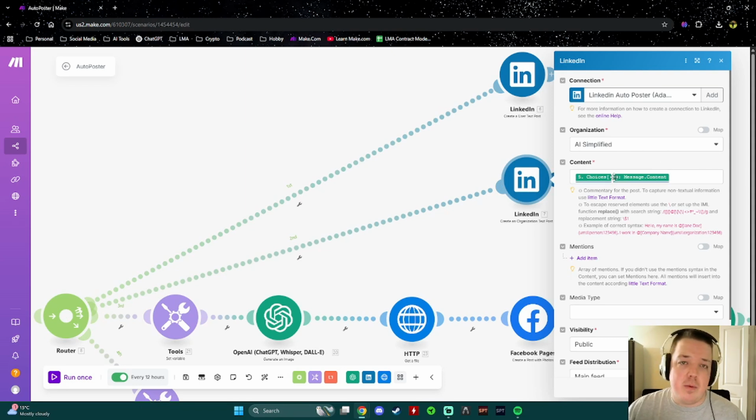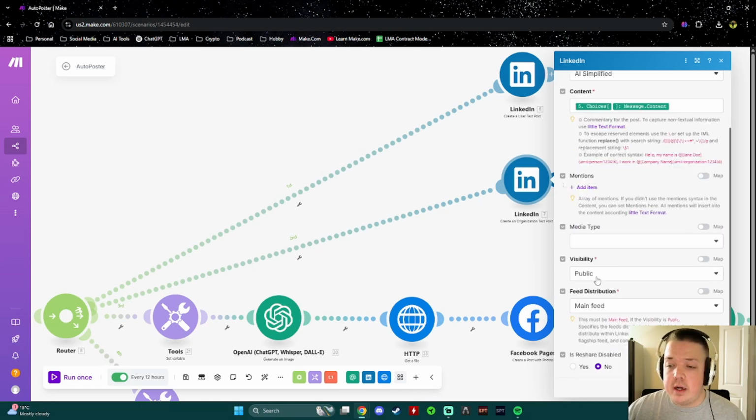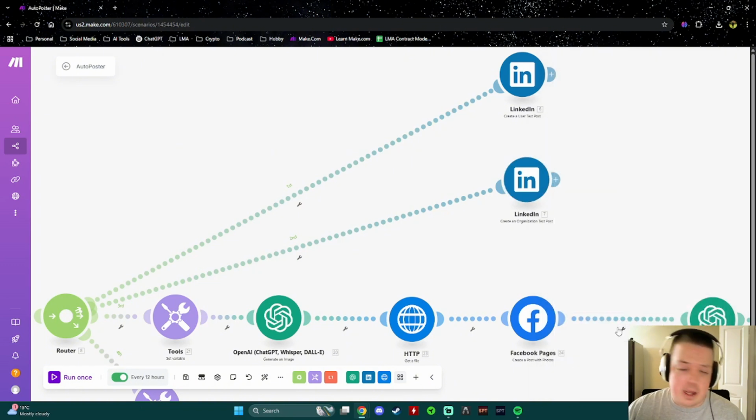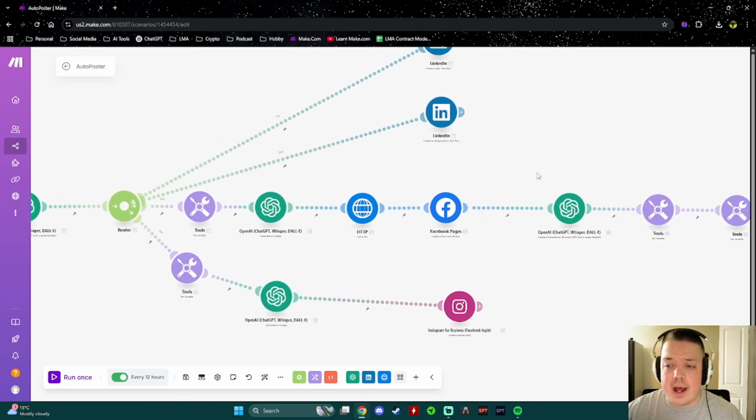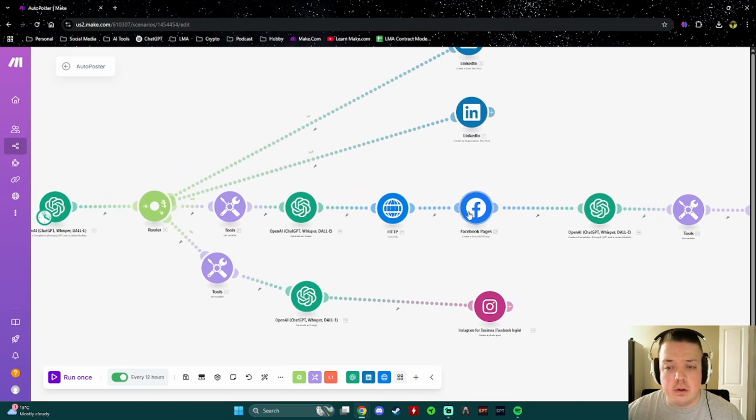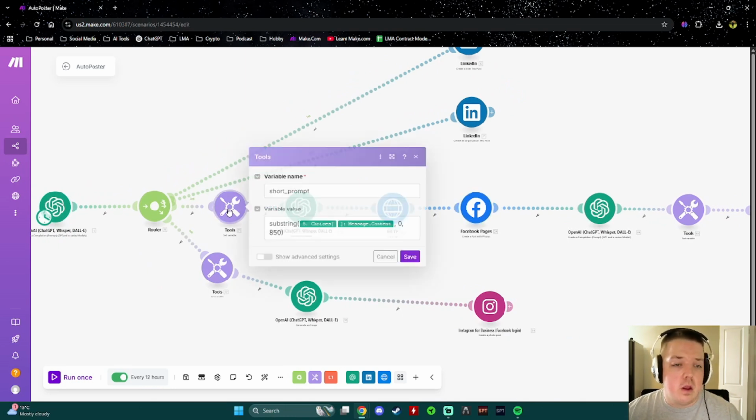And then same way that we routed the content before, you just do that again. We scroll down here, public, main feed, reshare disabled, no, that's it, save. 2 modules, done, easy. Now we move into our Facebook module. So under tools,